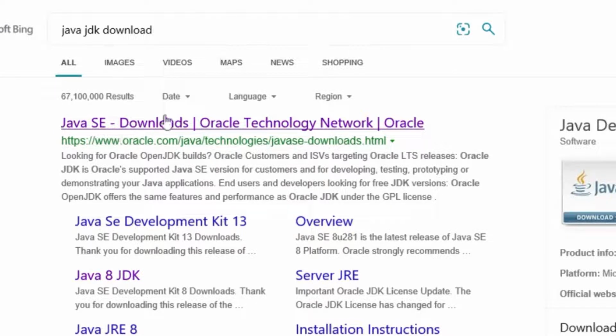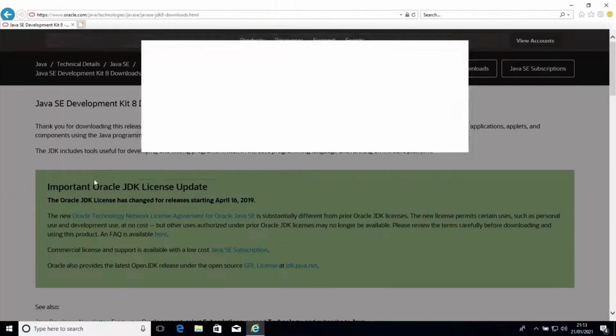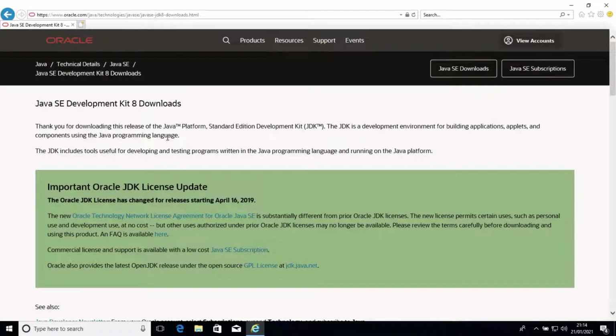And this is basically for all of the downloads. So all of the different versions that you have with Java, this is the page that you can get them from. But we want to have a specific version. We want to go for Java 8. And that's because it's a lot easier for beginners to work with Java 8 than it is to work with the latest and greatest version, which is Java 15. So if we click on Java 8 JDK, accept cookies. And so here we are on the Java 8 JDK download page.